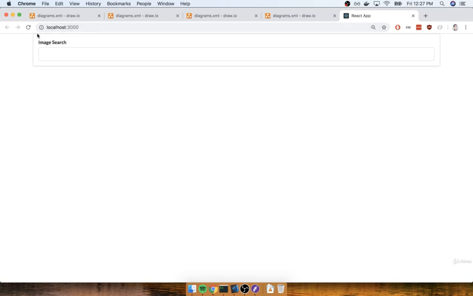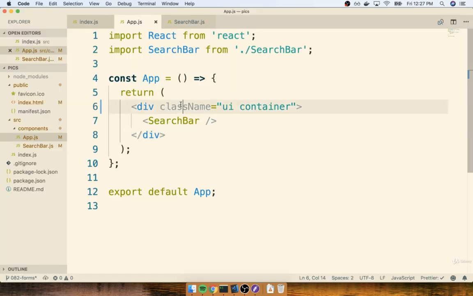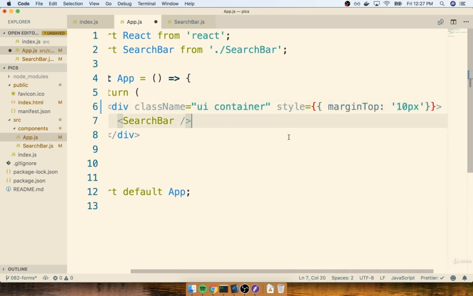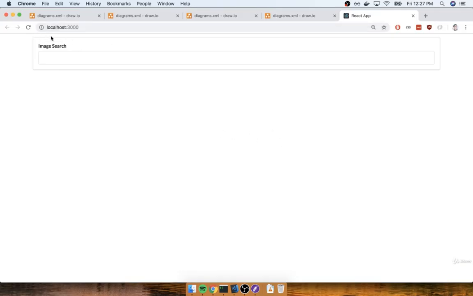Now, the last thing I want to do is make sure that we've got just a little bit of margin at the very top to offset this kind of card-looking thing from the very top of the screen. So on my div with UI container right here, I'll just add in a manual style for right now. So I'll say style is going to be margin top 10 pixels, like so. We could definitely define this inside of a CSS file, but it would be a little bit of a waste to create a CSS file just for one simple rule like this. So I'm just going to define it inline on that div. Now if I flip back over, yep, that looks a lot more reasonable.